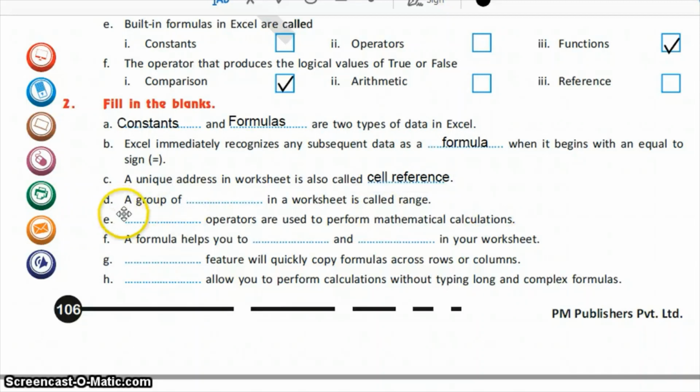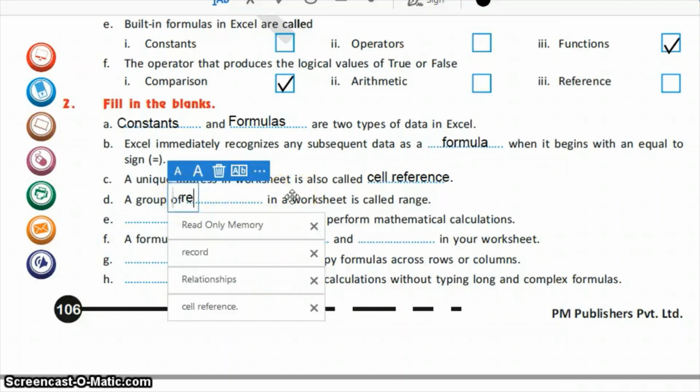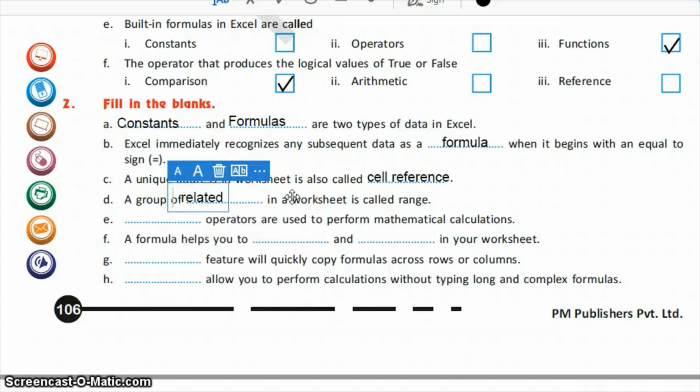Now the next statement is a group of dash in a worksheet is called a range. So a group of related cells in a worksheet is called a range.